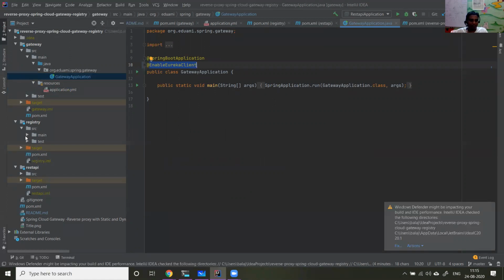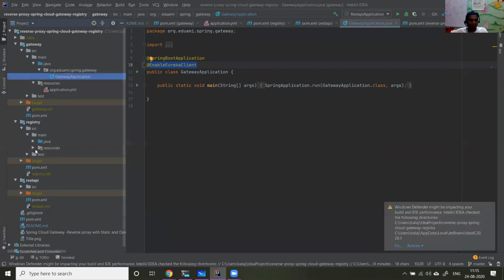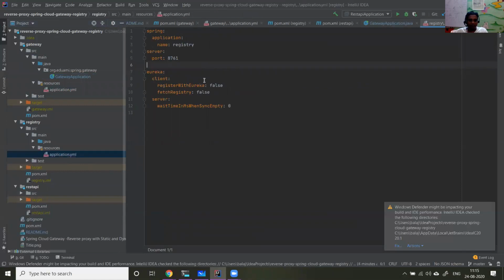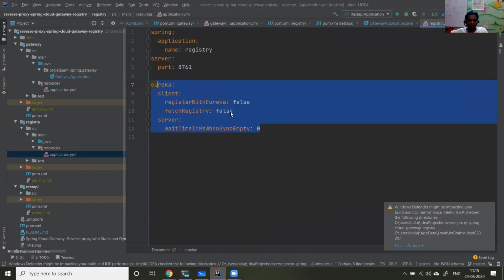Similarly, the same thing with the registry. If you open the registry, I'm saying don't register the server itself as one of the services in the registry. Don't register this Eureka server as a service to itself. I'm also asking the registry to run on 8761, which is the default even if you didn't mention it.